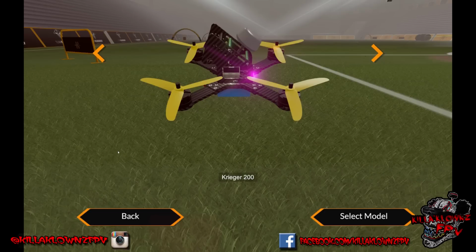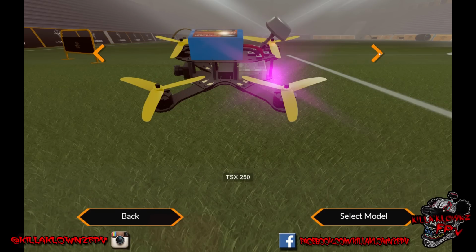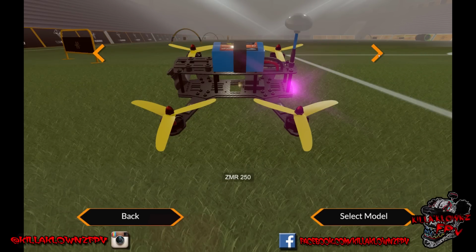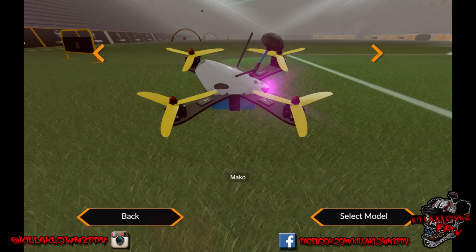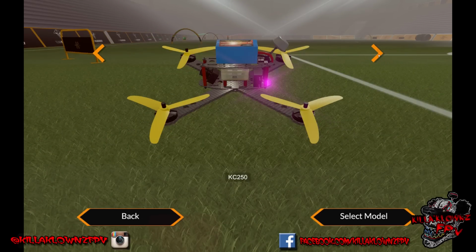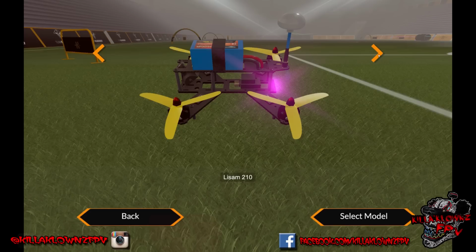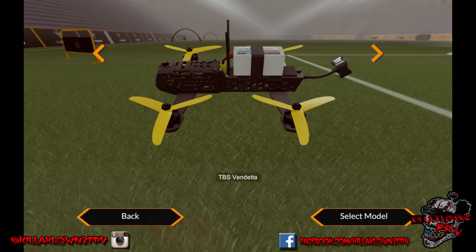But right now we'll go into single, and this is the frame I've been using, the Krieger 200. That's all I pretty much fly on this thing. But there's plenty. There's a TSX 250, High Wind X5, Speed Addict 210R, which my buddy's the one that designed that thing. ZMR 250, the freaking OG old piece of crap quad that pretty much everybody bought dirt cheap. Mako, I believe it's Shendrone's frame. KC 250, not sure who's that by. Rotor Evolution X1, Leesum 210, the Raggy 200H, TBS Vendetta, which, another noteworthy point,